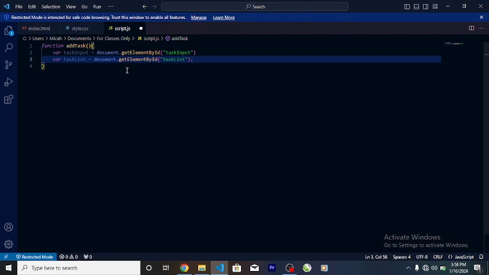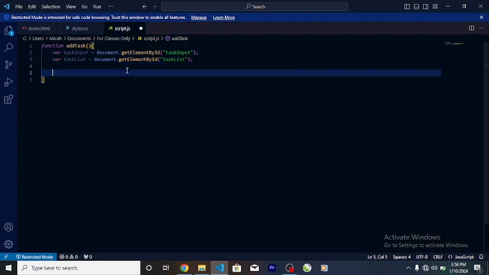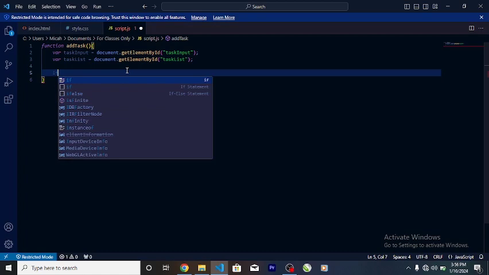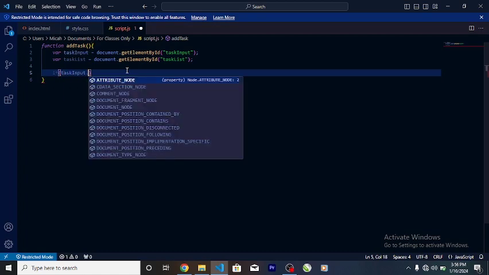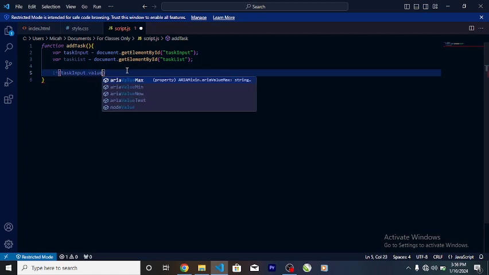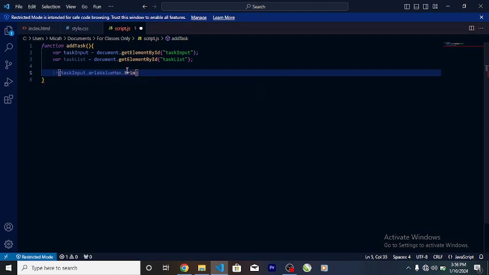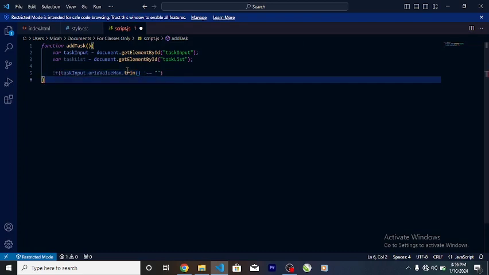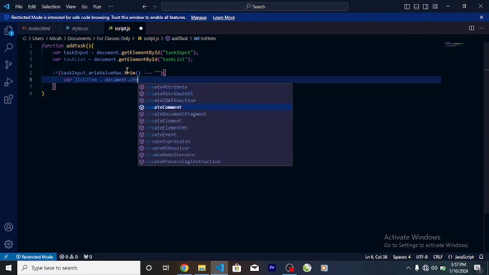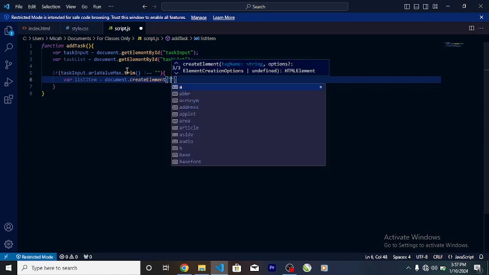And then right at the bottom we're going to say if taskInput.value.trim is not equal to nothing, and then we're going to write some code for that, and then we're going to say var listItem equal to document.createElement li,